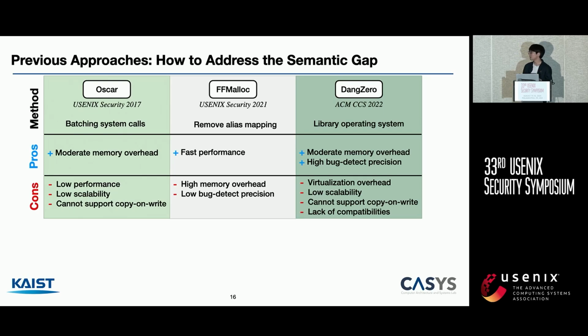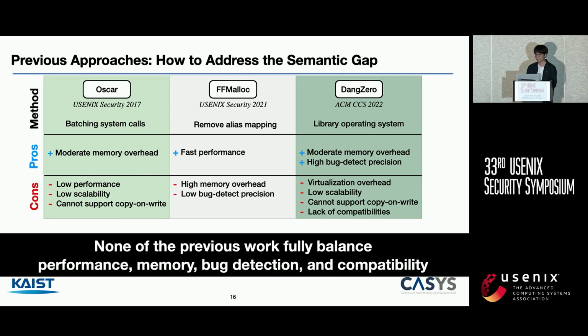In FFmalloc, they remove the alias to canonical mappings, but they suffer from high memory overhead and low precision of bug detections. In DangZero, recently, they removed the semantic gap by utilizing a library operating system. However, they suffer from the unavoidable virtualization overhead and a low level of compatibility because they have to be used with virtual machines. So in short, none of the previous work fully balanced performance, memory overhead, precision of bug detections, and